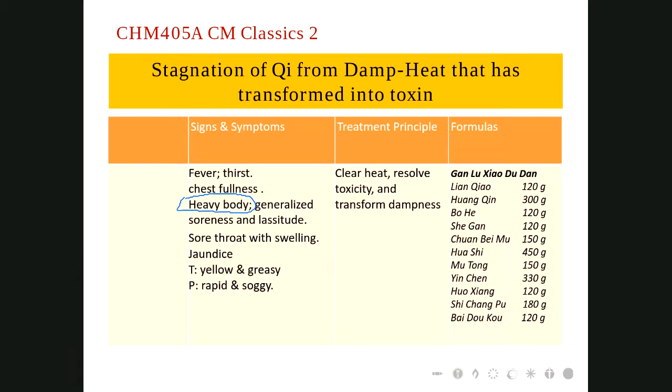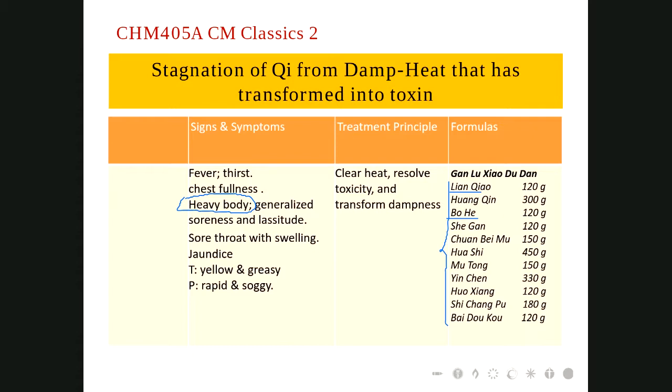Yes, thank you, everybody. Now, this specific formula is used for sore throat, not just due to wind toxic heat. It involves damp heat toxins instead. You can see the composition of this formula is completely different compared with Yin Qiao San. They still have Lian Qiao here, and some ingredients that can manage the sore throat, Bo He, but the majority of them deal with bitter cold and much more severe damp heat internally.